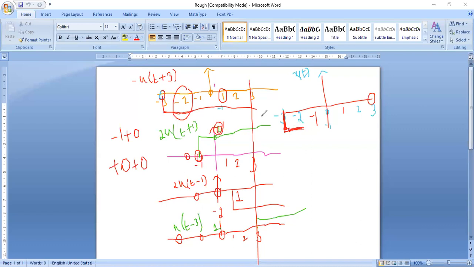Now at -1, I will just check the values. At -1, can anybody tell me the amplitudes here? What additions I have to perform? It is -1, and from the second diagram it is +2, and third diagram nothing, fourth diagram nothing. So my amplitude answer is coming as 1. So what it means is, at -1 I should show the transition, and at -1 the value should be 1. So I'm just raising at -1 the amplitude to 1.